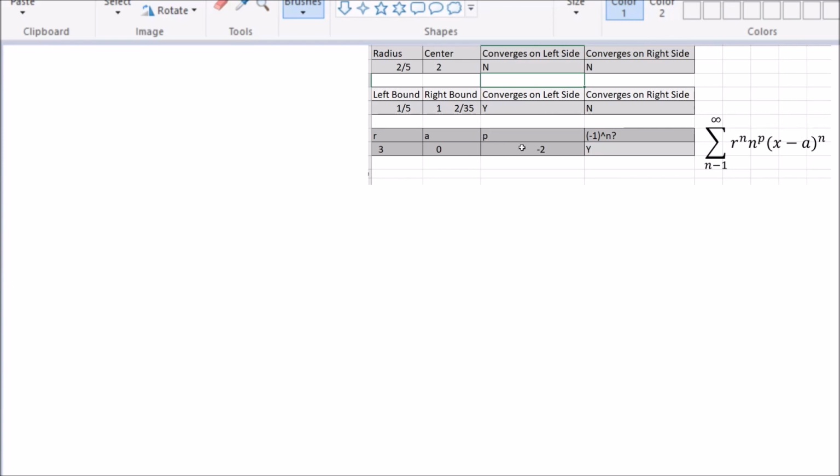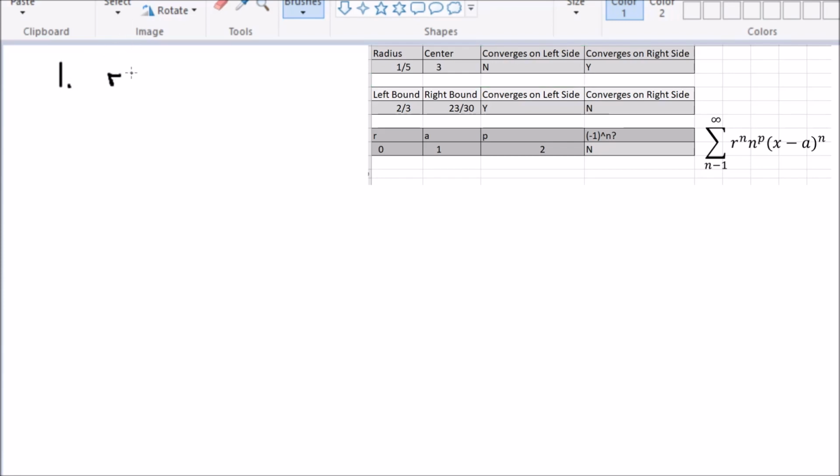And then finally, we're going to go the opposite direction. I have here a series where I've described some parameters like R, some sort of polynomial, and then a center. And I can randomly generate those parameters as well. And then I'll actually give you the interval of convergence. So I'll compute the other way. That's our goal for today. Okay, so let's just go ahead and begin. So our first problem,